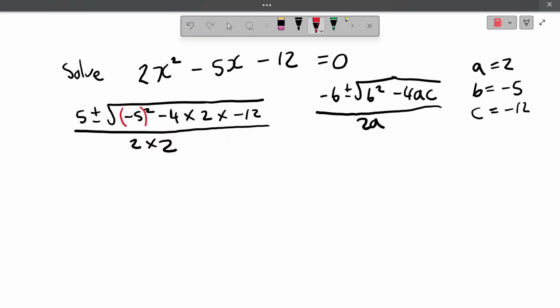So what you've got is minus 5 times minus 5 is plus 25. Without this bracket, it would give you the wrong answer. And the answer is either 4, so x equals 4, or